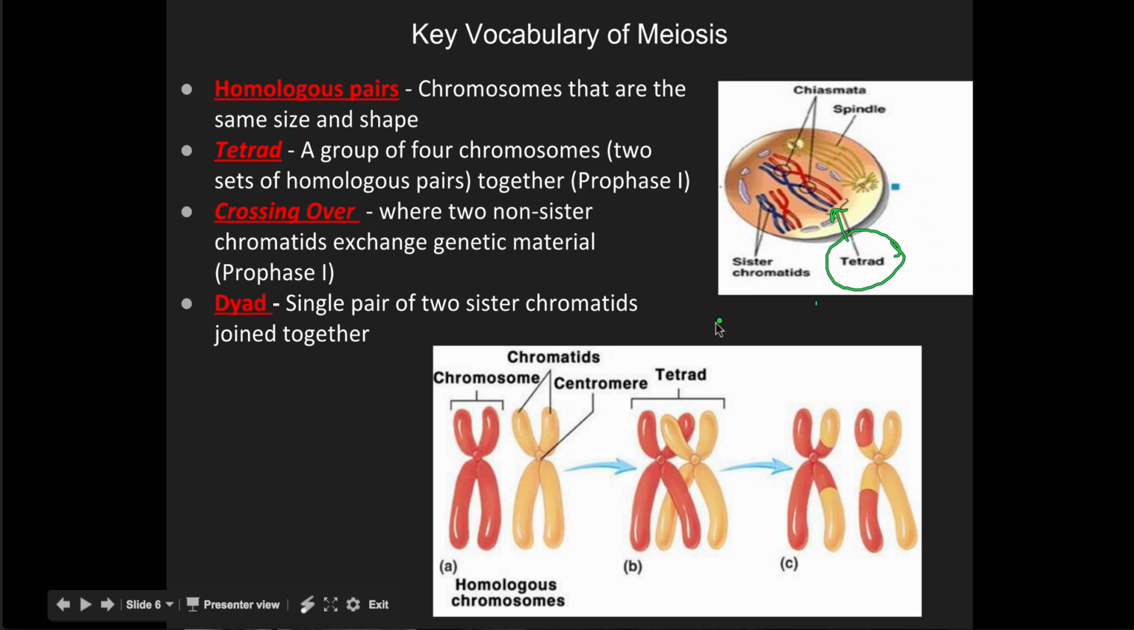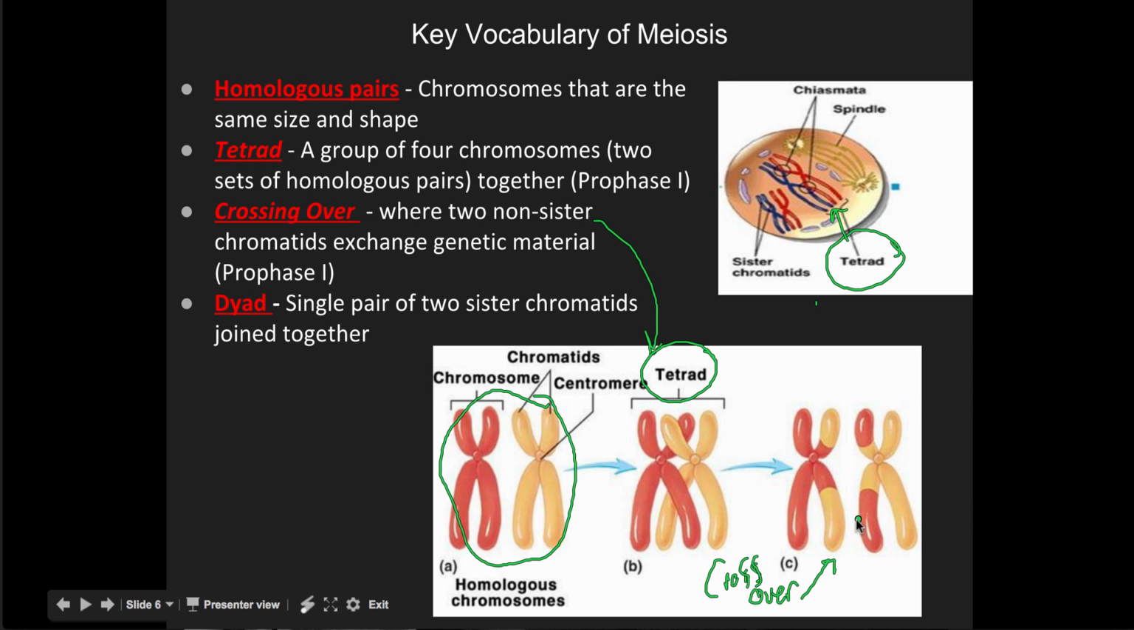Crossing over occurs when we have tetrads formed in prophase. That's an exchange of genetic material of non-sister chromatids. And this diagram down here shows you that. When we have homologous pairs of chromosomes, right here, these are homologous pairs. When the homologous pairs hang out together, they form this tetrad. When they form a tetrad, then crossing over occurs, and then this is the result here. So when we cross over, that's the result,